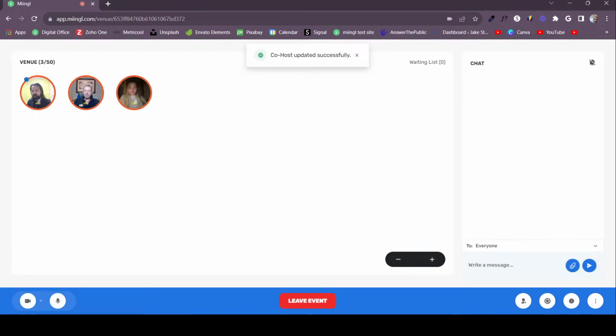The last feature that we have: let's say you've now done your entire event. You see everybody's clustering here. You and John are really getting along, having a great conversation. Normally, if I ended the event, it would end the event for you and John, because I'm the only host. But if I leave, which I'm going to do in a second, you guys will continue, and you can continue as long as you want. I'm obviously going to come back, but I'm going to leave just to show you how that works. I'll be right back.